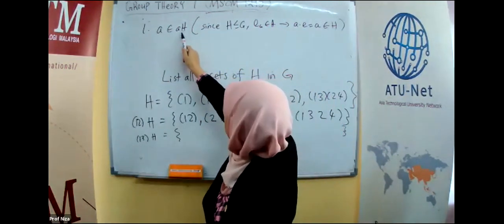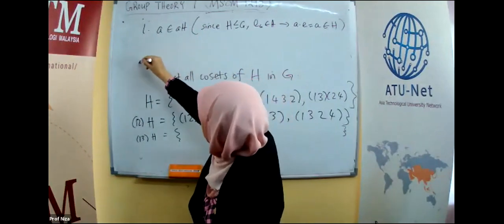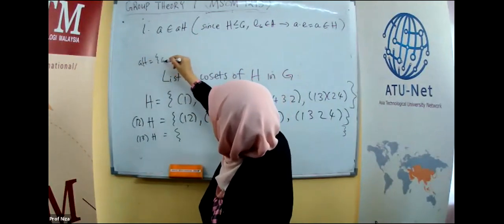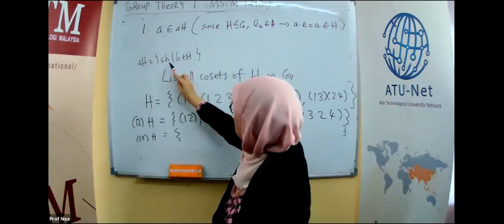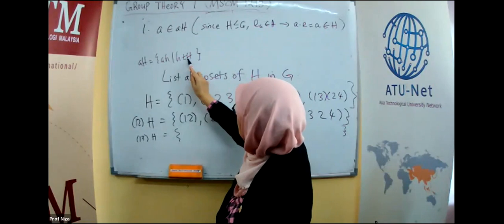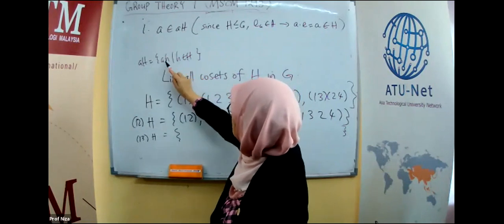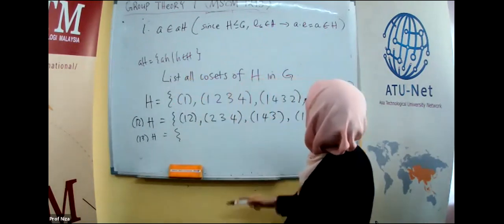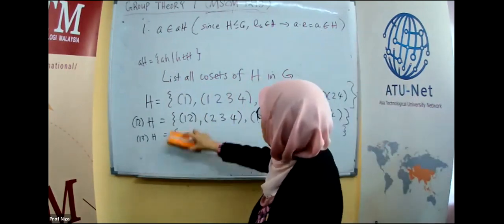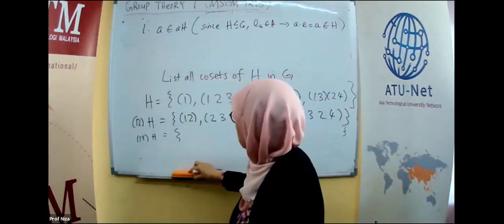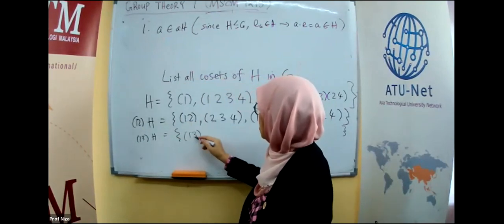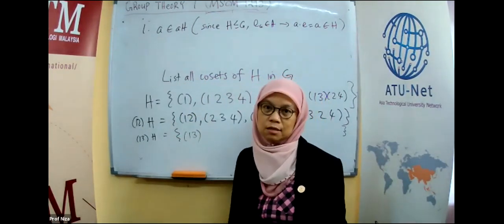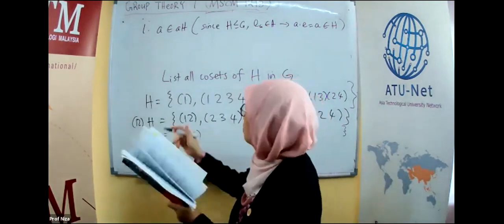This is the definition, right? Since H is a subgroup, E is always in H, and A times E is A. Okay, so you see that 1 and 2 are always in here. The first one is always multiplying by the identity. Okay, the second one,